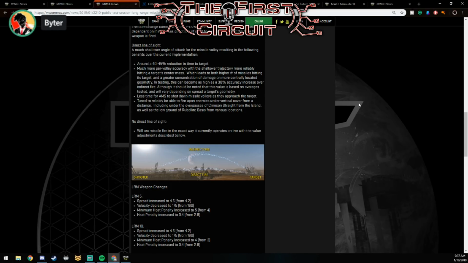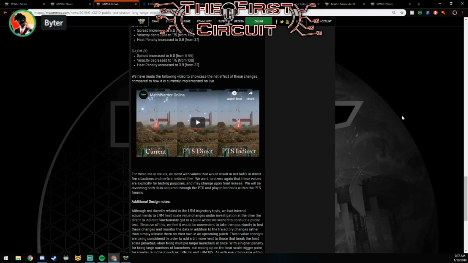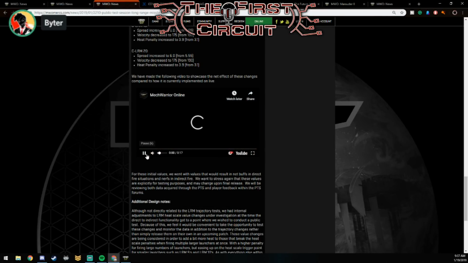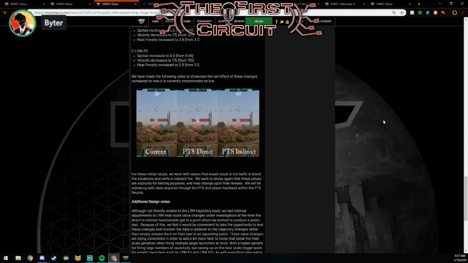Oh yeah, so they are saying very much that they want to increase the effectiveness of LRMs when you're getting your own lock, when you can actually see the target. And the effectiveness of LRMs goes down when you're hiding behind the hill and just spraying at a target that someone's holding locks for you. That's the intended purpose. Now,